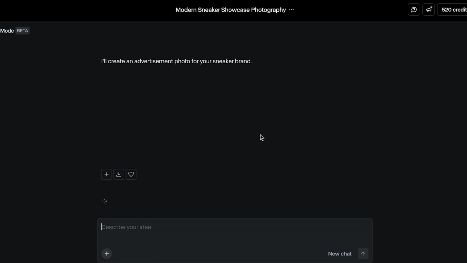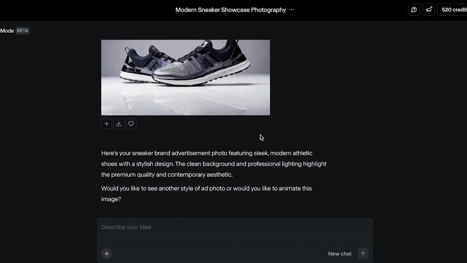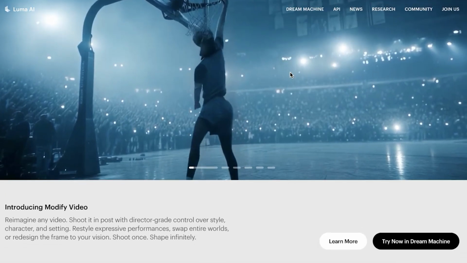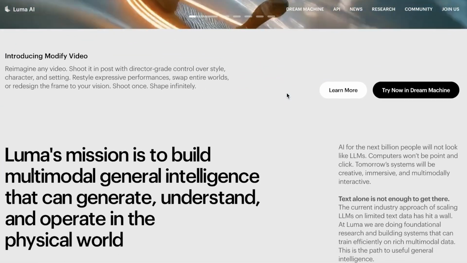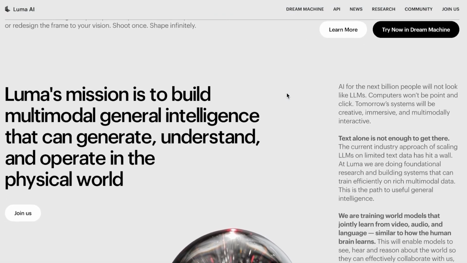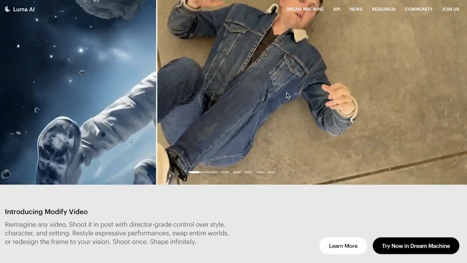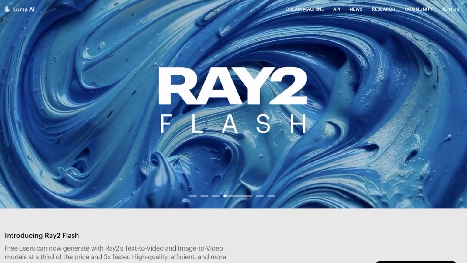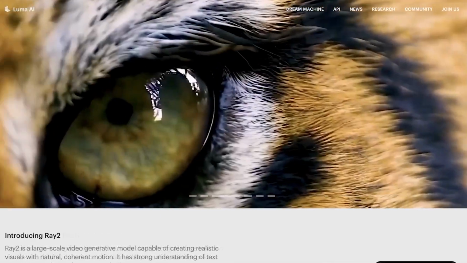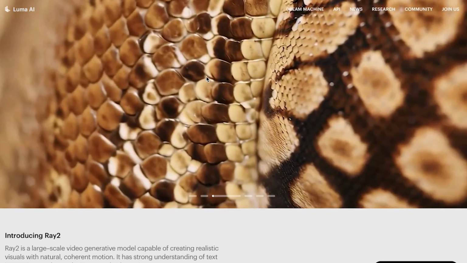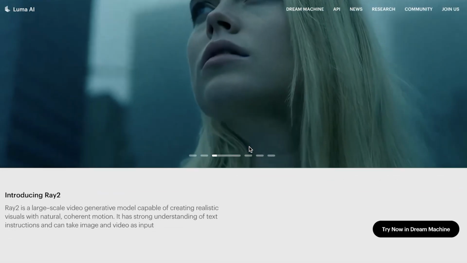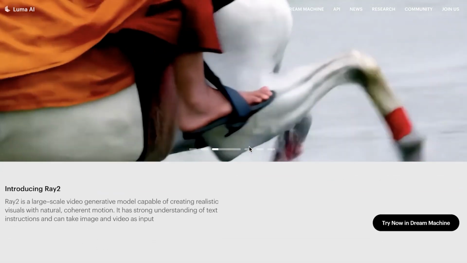Next up, you have the Luma Dream Machine, which is a bit different. Now, a recent launch that has been gaining a lot of momentum fast, and that is Luma AI. Luma AI specializes in realism, especially when it comes to depth, lighting, and natural movement. You guys can see even in some of their example videos that they have created, which are hyper realistic, and even the textures that you see, the realism in the hair and the scales of a snake. This is very, very nice, and you will see that these types of textures are not very easy to replicate